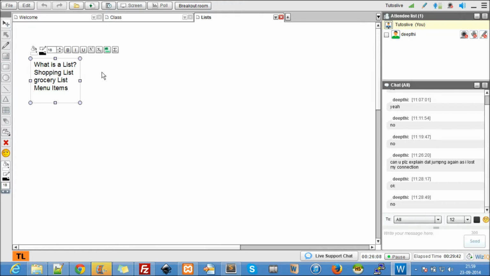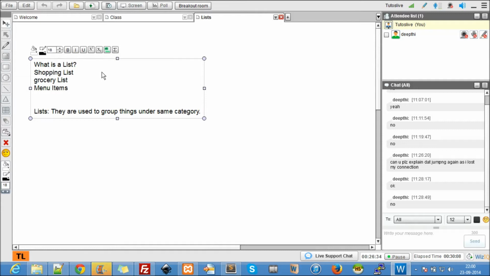So to group items under the same category, we use lists here. I don't quite call it a category, but let's use category as a word. So that's a list in HTML, the same concept.